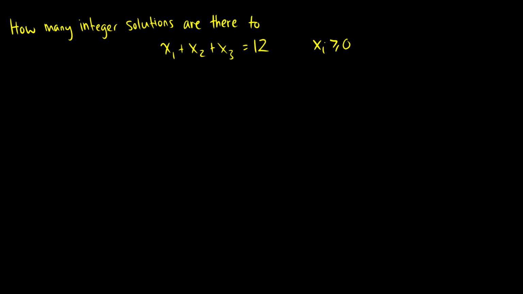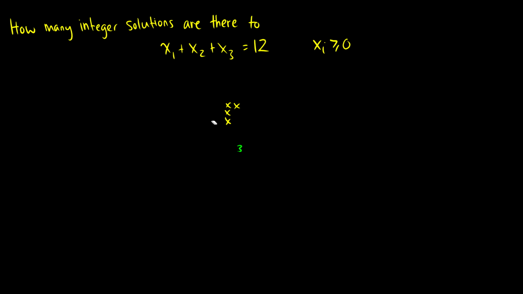So what we're saying here is that we have 3 distinct bins. We have our x1, we have our x2, we have our x3, and we want to distribute 12 items into them. So the bin can have 0 or more items, so we might put, let's put 1, 2, 3, 4, 5, 6 in x1. We put 2 in x2, and then we put 4 in x3. So that's one way that we can do it. So here's the question. Now, how do we do this